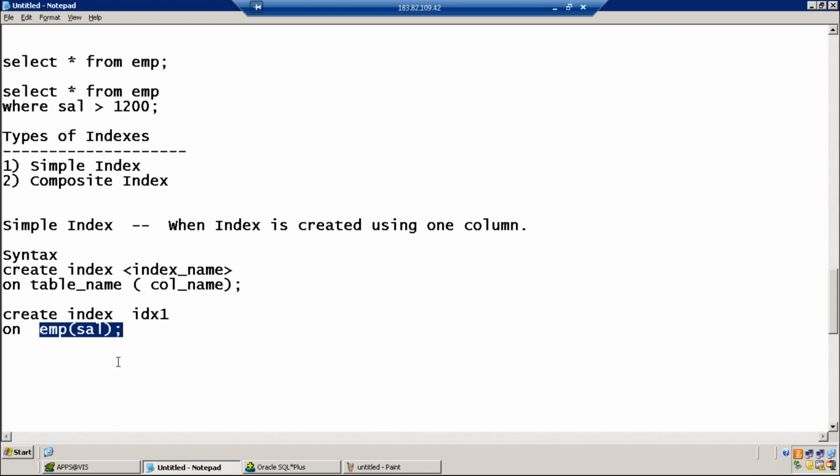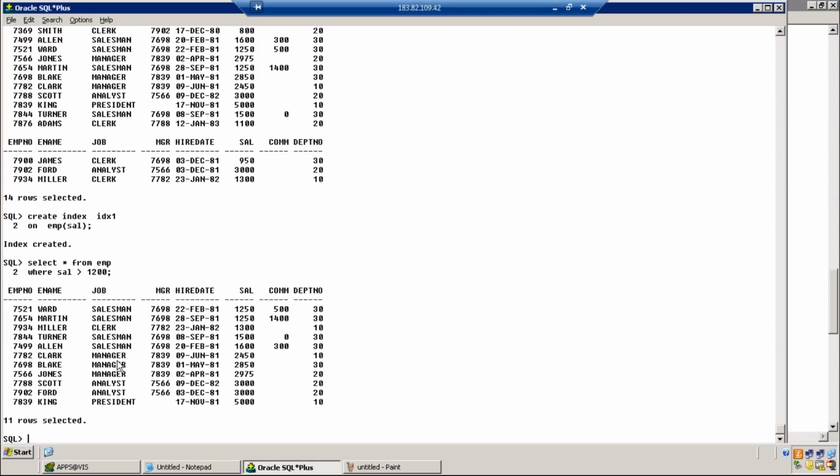That means if you have a big number of rows, in each column you will create an index, right? Not all the columns. Only frequently used columns.